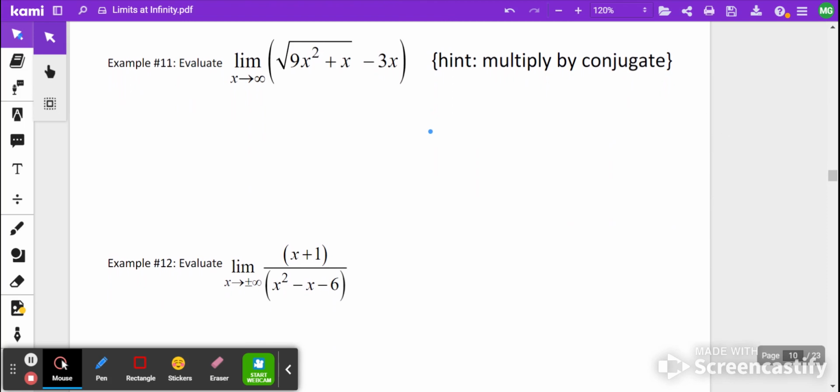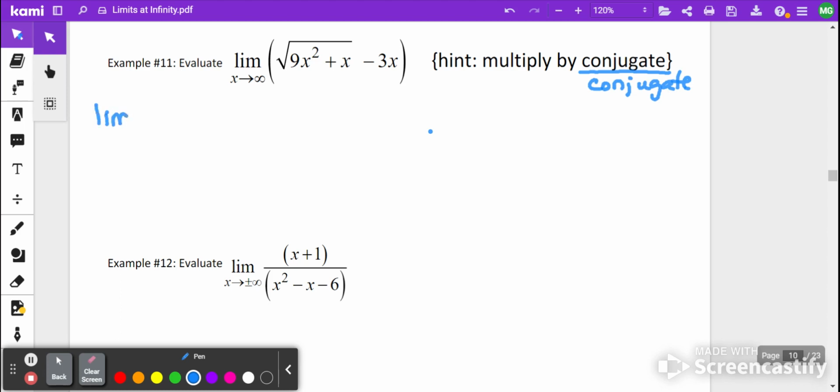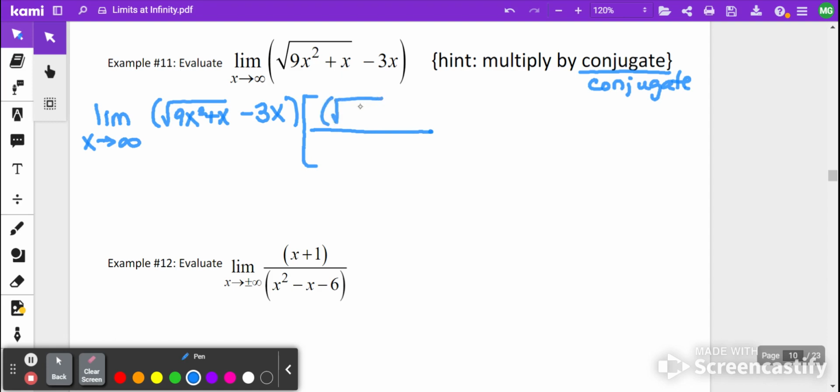Okay, so what do we do now? We have the square root of 9x squared plus x minus 3x. Well, you can obviously see my hint there. What we're going to do is multiply by the conjugate over the conjugate. Remember, we can't multiply by something that's not equal to 1 because it changes its value. So we will have the limit as x approaches infinity of the square root of 9x squared plus x, and then outside of the radical we have minus 3x. And then we're going to multiply it by the square root of 9x squared plus x, that's all under the radical,